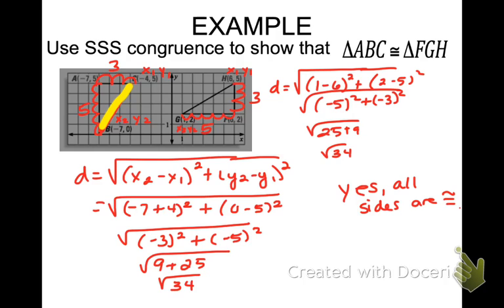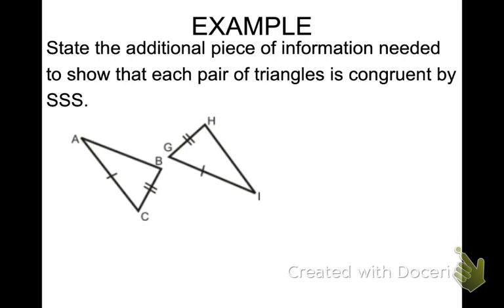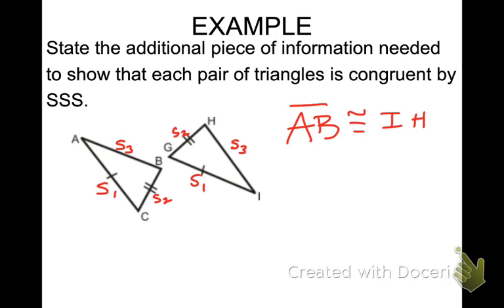Okay. All right, next one. We're going to go ahead and skip this one, so just put a big X through it. And then for the last one, we're going to state the additional piece of information needed to show that each pair of triangles is congruent by side, side, side. So we've got one set of side 1, side 1, side 2, side 2. So what's missing is side 3 with side 3. So what would that look like? We would need AB to be congruent to, A would match up with I, B would match up with H. That would be the last piece of information we would need. Okay, that concludes your